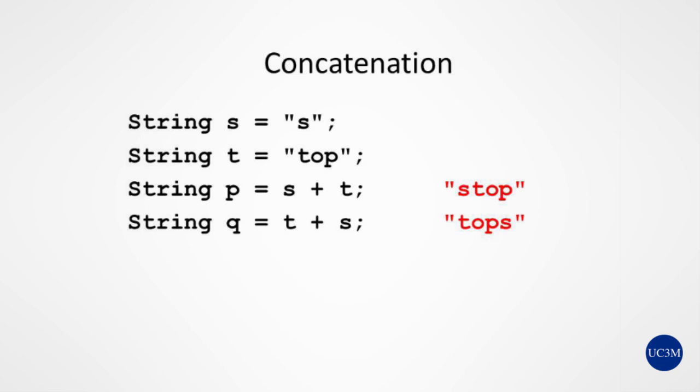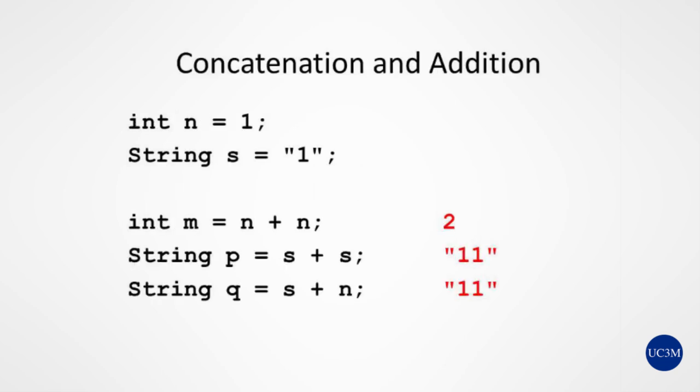Note that the symbol for the operation concatenation is the same as addition, it's a plus sign. There's no confusion, because of the types of the values. Now, you have to be careful not to confuse the number 1 with the string 1 with quotes. In this example, n is an integer and s a string. Therefore, if we say n plus n, we are adding numbers, and we get integer 2 as a result. Whereas, if we say s plus s, we are concatenating two strings and get the string 1, 1